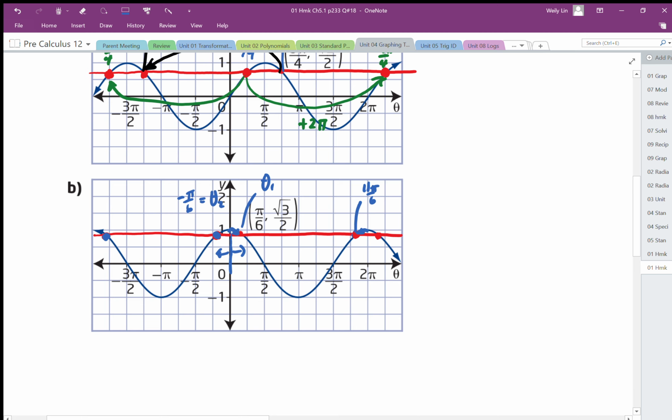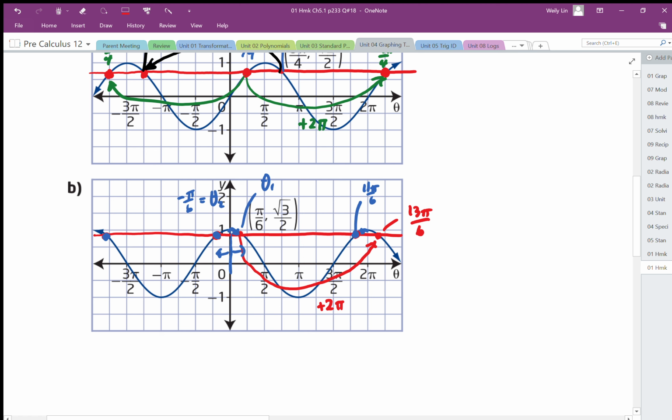The red angle, theta 1, which we started with at pi over 6, and the red angle over here, is again just the same angle in a different period. It's in the same position, but in the next period, so it's just going to differ by plus 2 pi. So that one was pi over 6 plus 2 pi. That position there works out to be 13 pi over 6. So we find one angle using symmetry, and we find the other angles by just using the period. There's going to be one other angle related to it in the same period based on symmetry, and then we find the other angles based on